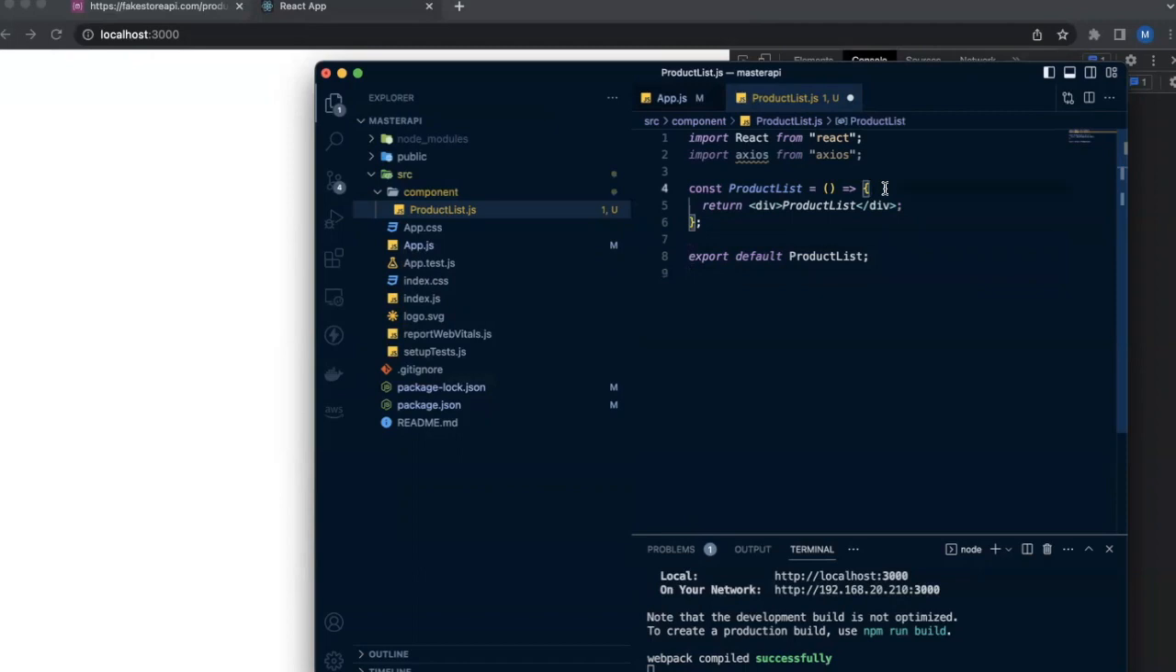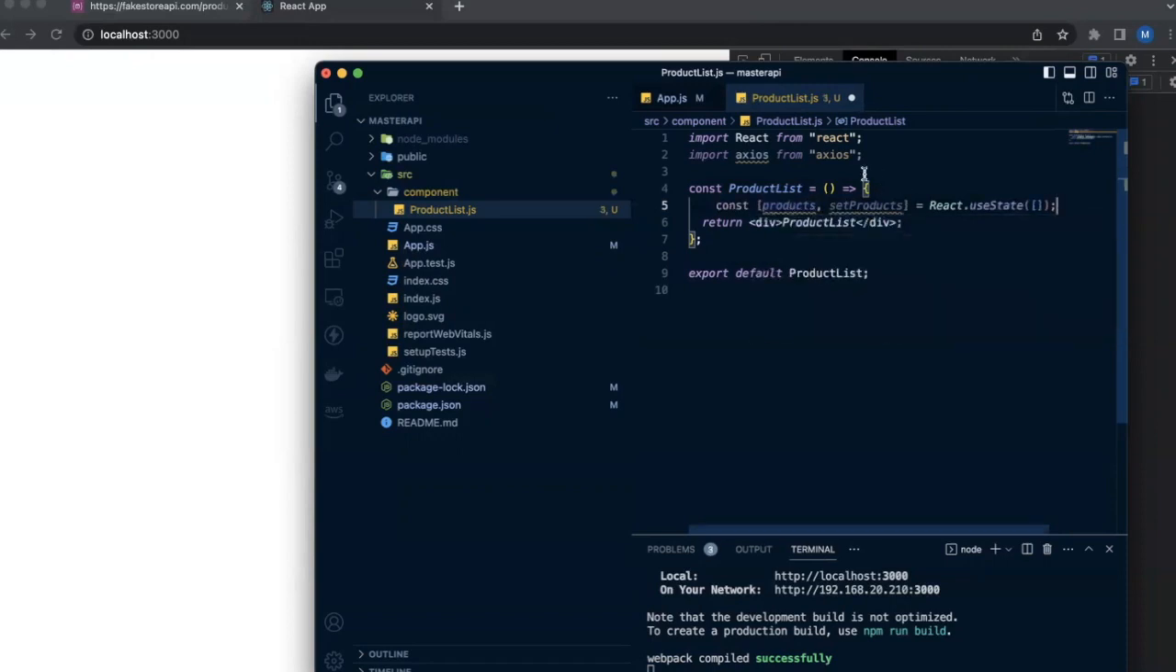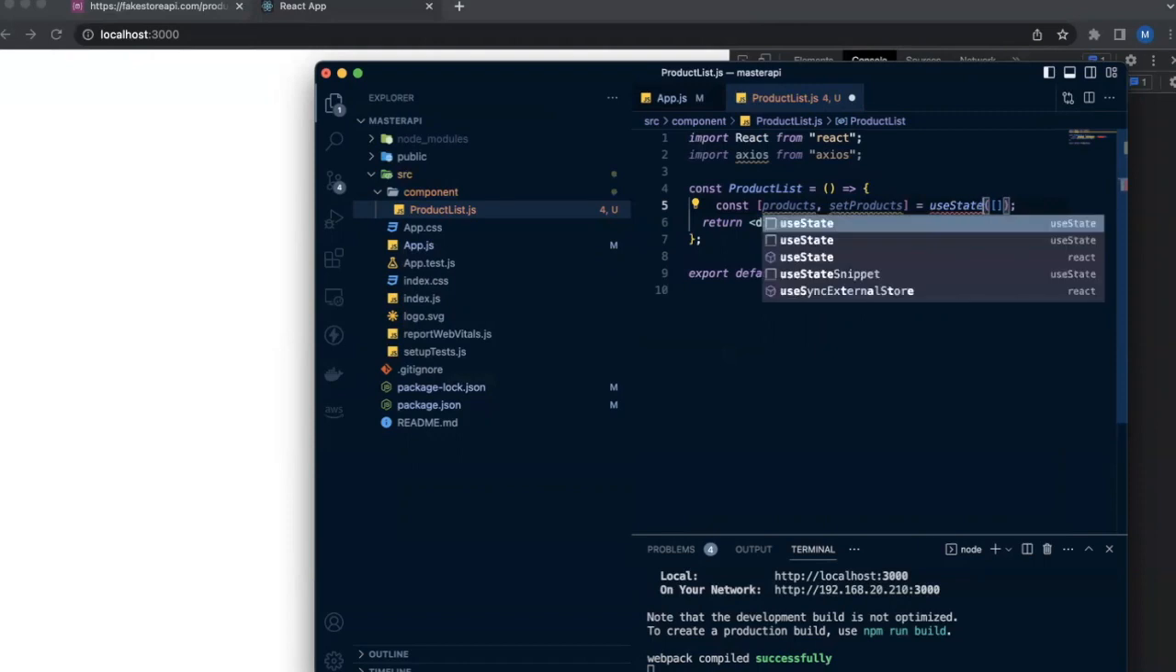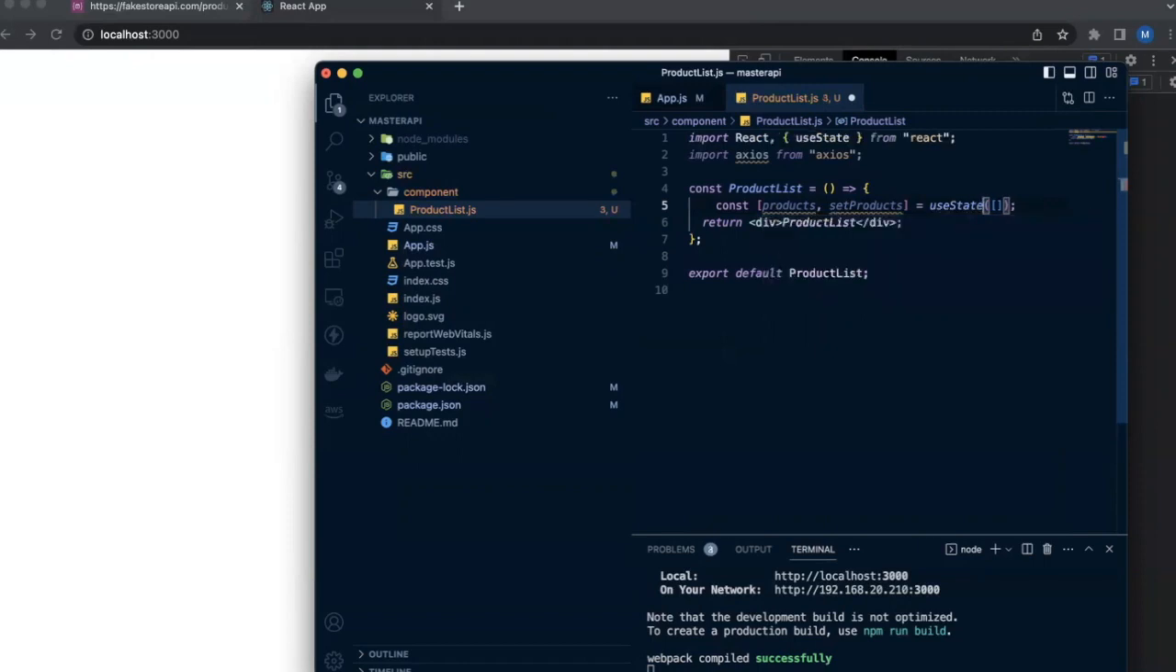We need to create the state of the product. So I will say const product and set product equals to, make sure to import useState from React. Once that is also done,